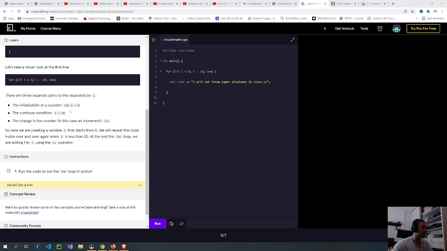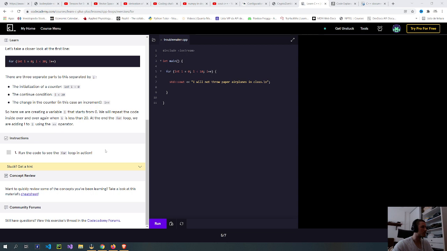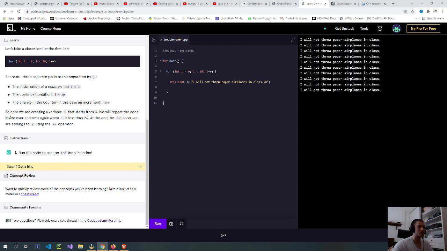The initialization of a counter, int I equals 0, the continue condition, the change in the counter, in this case an increment. So here we are creating a variable I that starts from 0. We repeat the code inside over and over again when I is less than 20. At the end of the for loop, we are adding 1 to I using the ++ operator. Which is exactly like JavaScript. Run the code to see the for loop in action. So just running the code, this one.